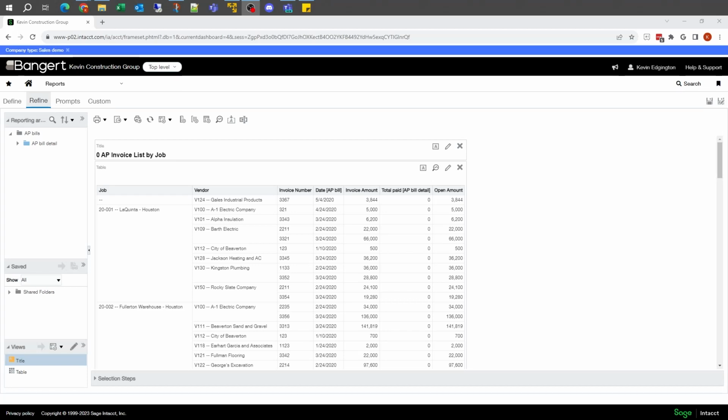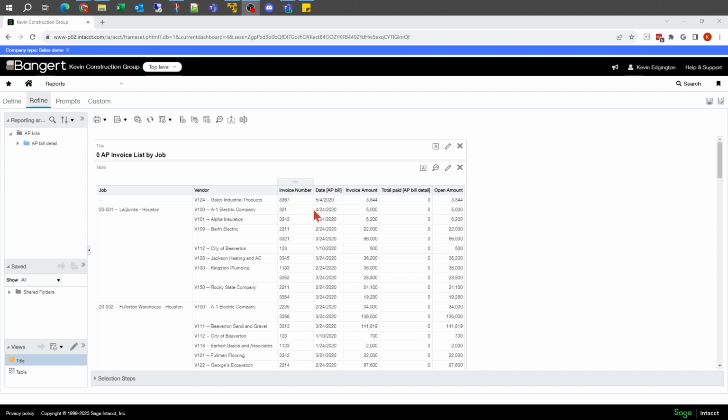And in this video, we're going to take a look at adding subtotals and sorting to a report. As we're looking at this report here, by default, depending on what my first column is, it will try to sort by those different columns and so forth. May not be necessarily what I want. Maybe I want them in descending order or something else of that nature. So we can control those sorts. Maybe I want to see the most expensive invoice at the top of the list or something of that nature.